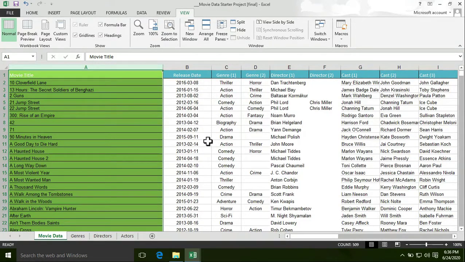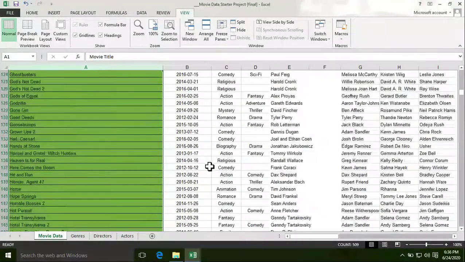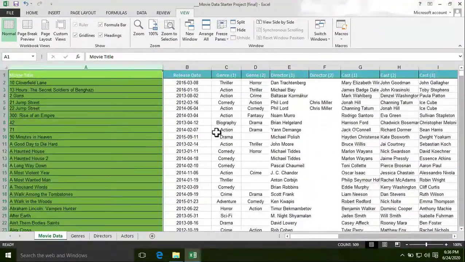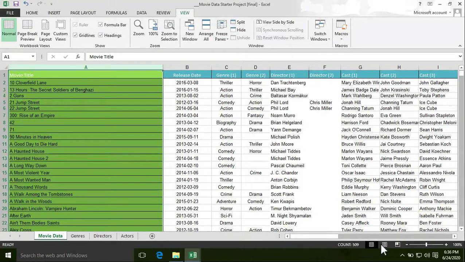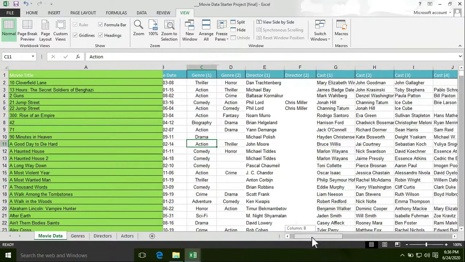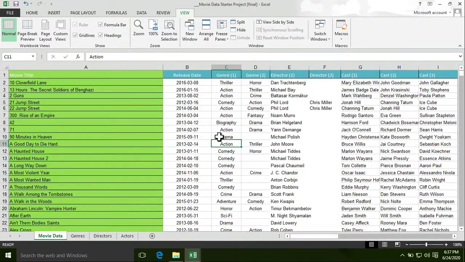Now if I scroll vertically, the first row is disappearing because I only selected the freeze first column option. So it will only freeze column A, but not the row.